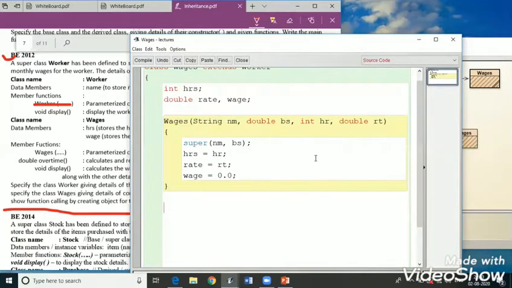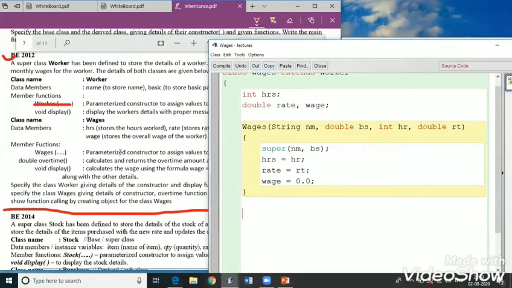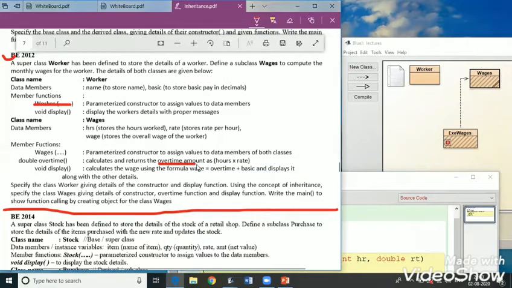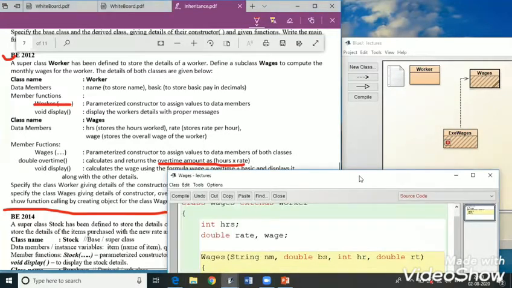Constructor is done, and now we have to design the function double overtime that will calculate and return the overtime amount as hours into rate. So this is the formula for the overtime amount, the overtime hours into rate.